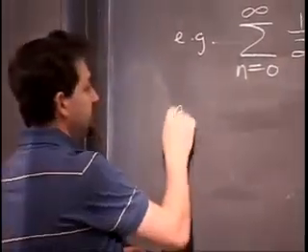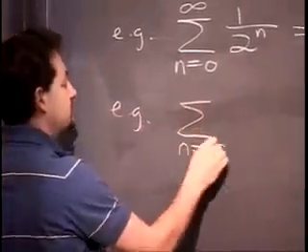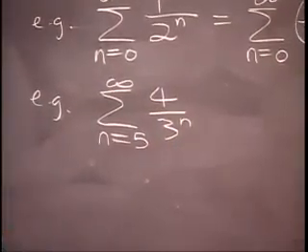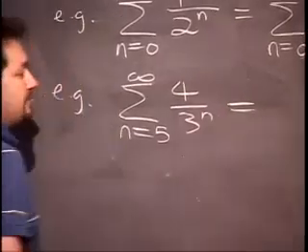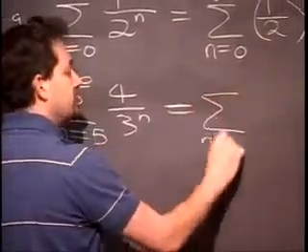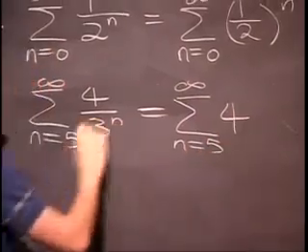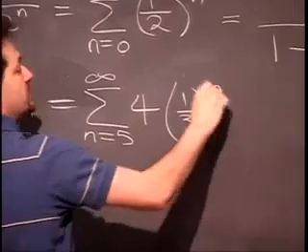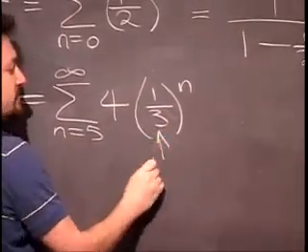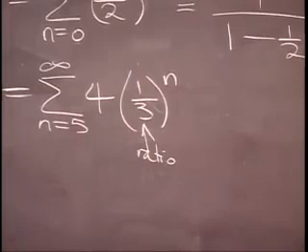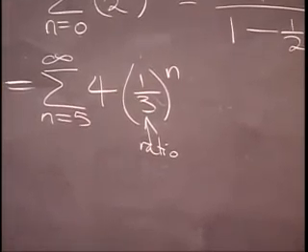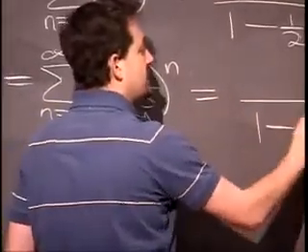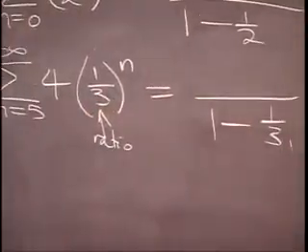Let's check out this example. The sum from n equals 5 to infinity of 4 over 3 to the n. Well, make it obviously a geometric series by taking out the constant 4, isolating the nth power term, and in fact write it as 1/3 to the n. And now you can see that this is the ratio. Anything with the power n is the ratio. As long as everything else is constant, and it's just constant times number to the n, you're dealing with a geometric series. So as I've said, the denominator is 1 minus the ratio 1/3, and notice that 1/3 is again between -1 and 1,